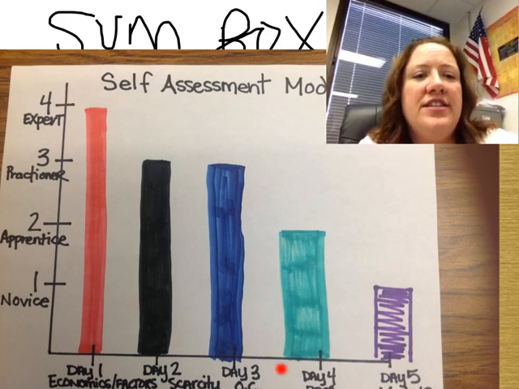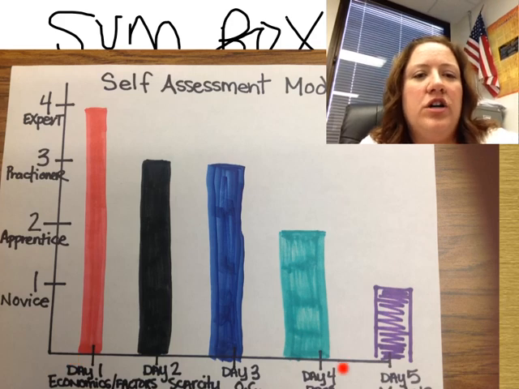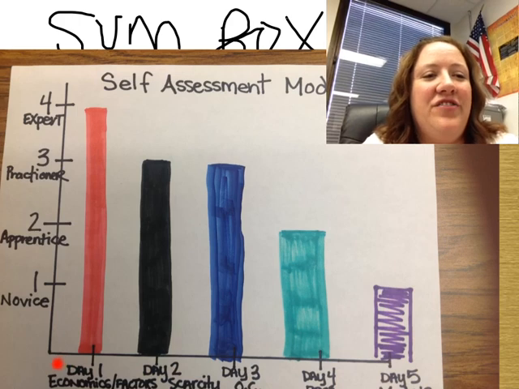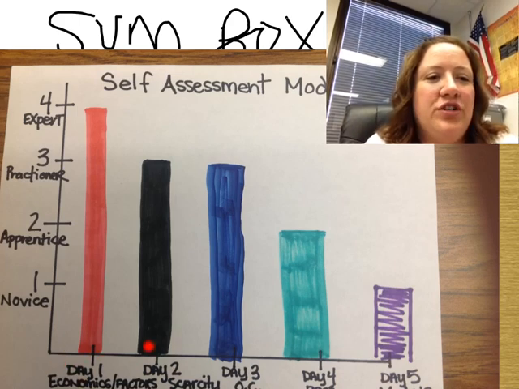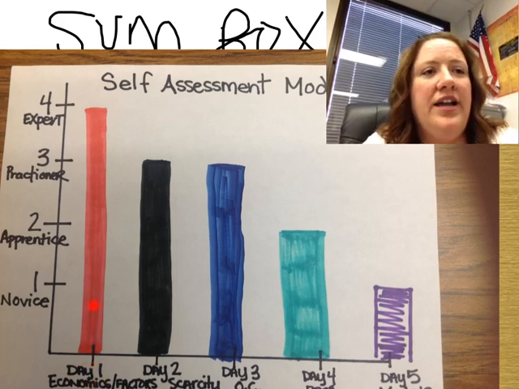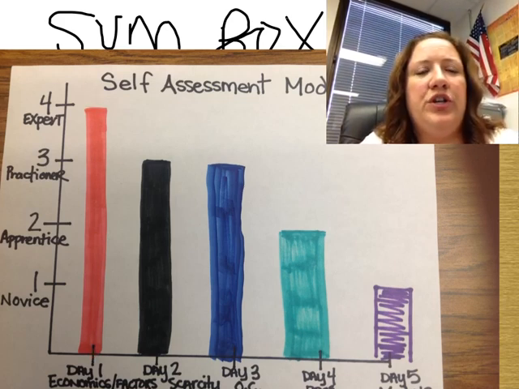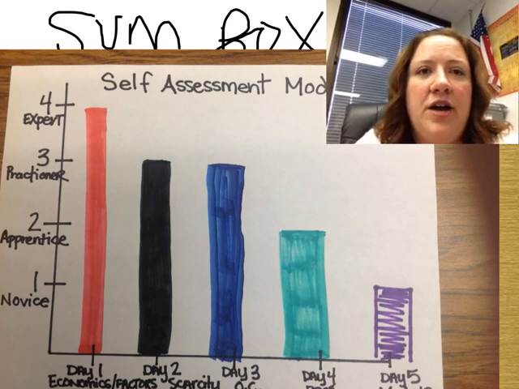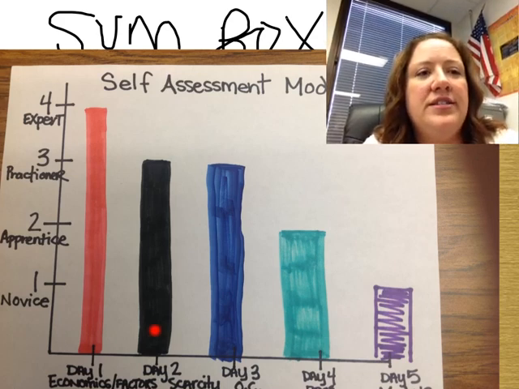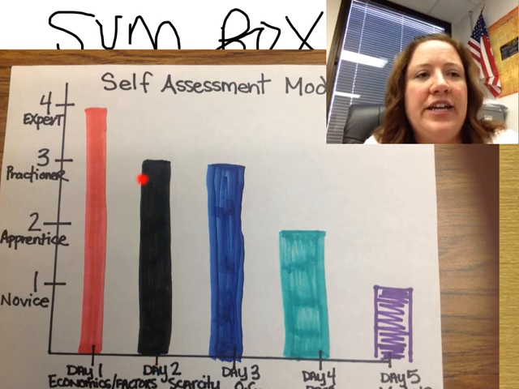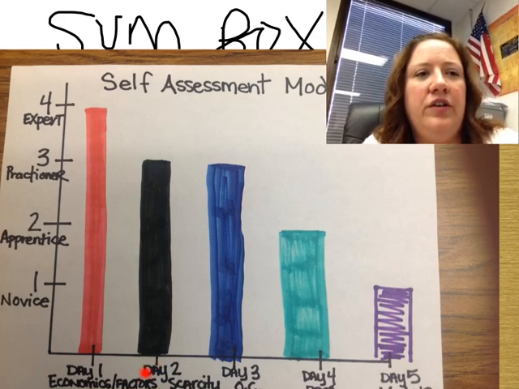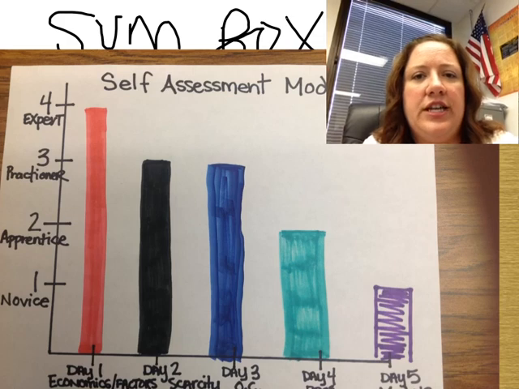Notice that here on this axis, we're creating a model for our self-assessment. Isn't this cool? But on this axis, we have the different topics in this chapter. Okay, do you know what the definition of economics is and what are the factors of production? Well, I do. I'm an expert. Okay, so you make your bar graph showing me where you are, how comfortable you feel with that topic. The day 2 was scarcity. We talked about scarcity. How do you feel your knowledge is for scarcity?